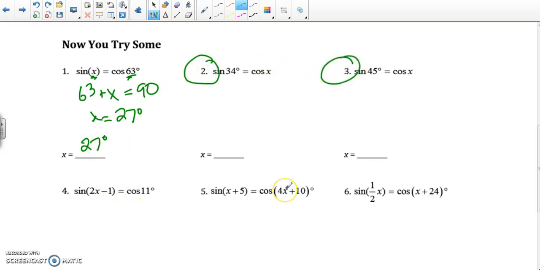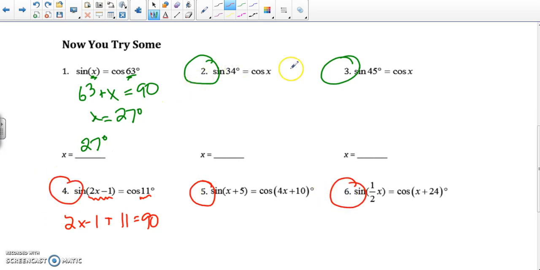And now we'll have a couple of questions where we'll do it algebraically, but it's the same idea. We know these two terms have to be complementary. They have to add up to 90. Because the sine of one angle, there's angle A, is always going to be equal to the cosine of its complement. So the sine of A is always going to equal the cosine of B. So here we'll just do 2x minus 1 plus 11 always has to add up to 90, and we'll solve for x. So your homework for tonight